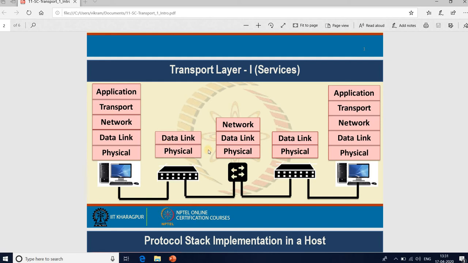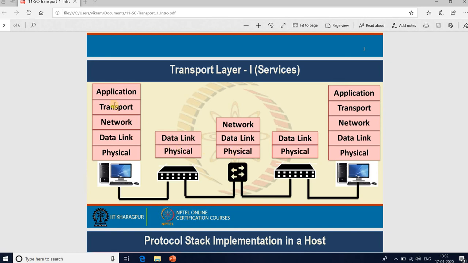Then you can have a layer 3 device, which you can call a router or a layer 3 switch. This layer 3 switch or router has protocol layers up to the network layer, so they help in finding paths among the multiple hosts or devices in the network when you are trying to make an end-to-end communication.